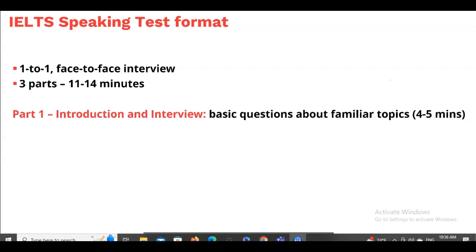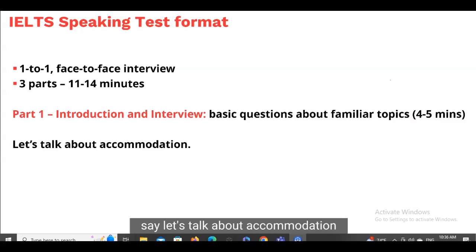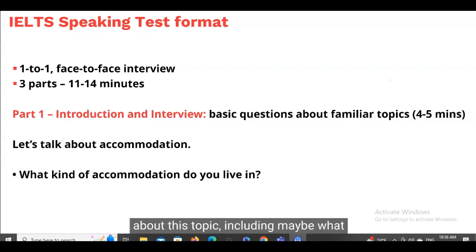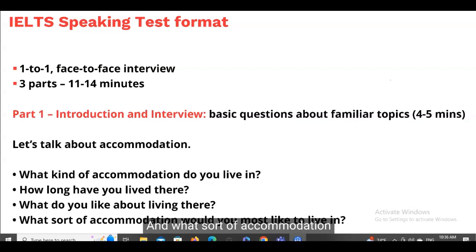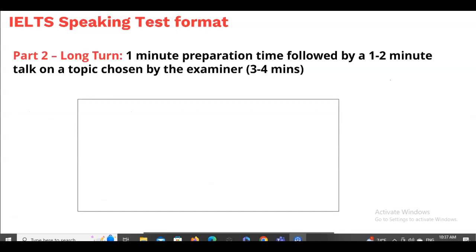The examiner might, for example, say, let's talk about accommodation, and then ask you a series of questions about this topic, including maybe what kind of accommodation do you live in? How long have you lived there? What do you like about living there? And what sort of accommodation would you most like to live in? Part 2 is known as the long